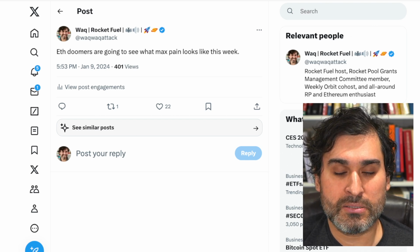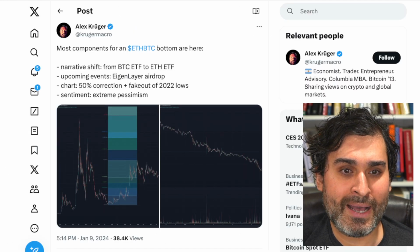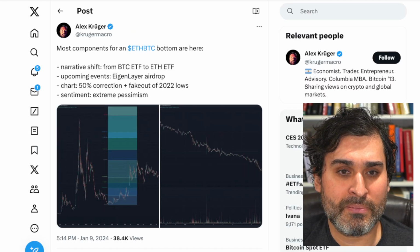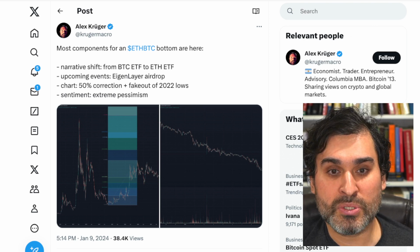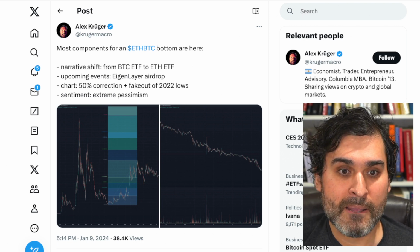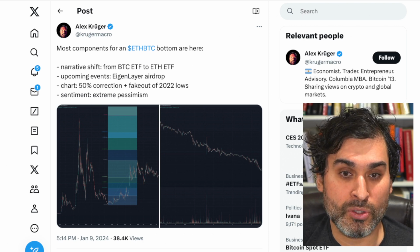And I think that this next period is going to be really bullish for ETH. So here, Max was kind of echoing the same points that I was making. He says most components for an ETH/BTC bottom are here. The narrative shift has happened. The BTC ETF has now moved to an ETH ETF, which should be here in May. Upcoming events, like the EigenLayer airdrop, which a whole lot of people are farming, with over $1 billion of